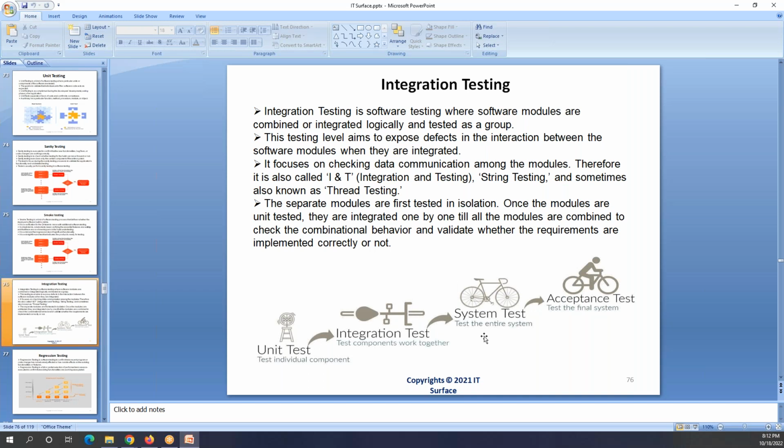Once your testing is done, your product is ready for sale. When the customer comes, they check that cycle, they do a test ride, and if everything is okay, they accept it. I find this a good example for integration testing. Do you have any questions here about integration testing? Nope. Okay.